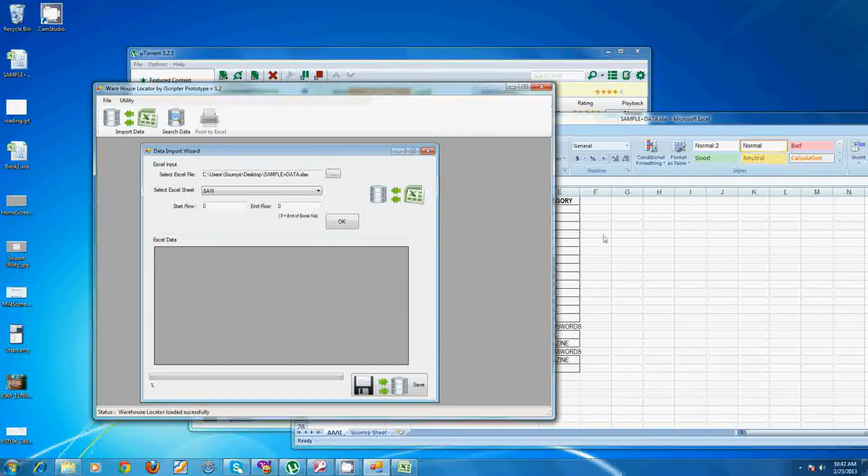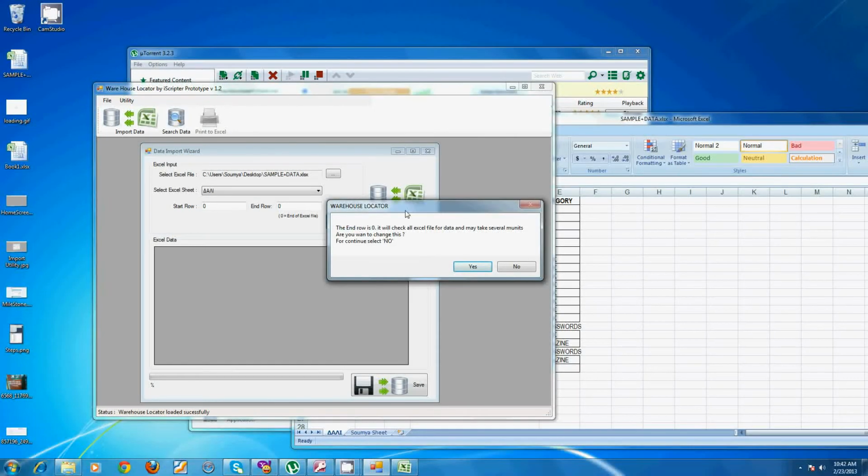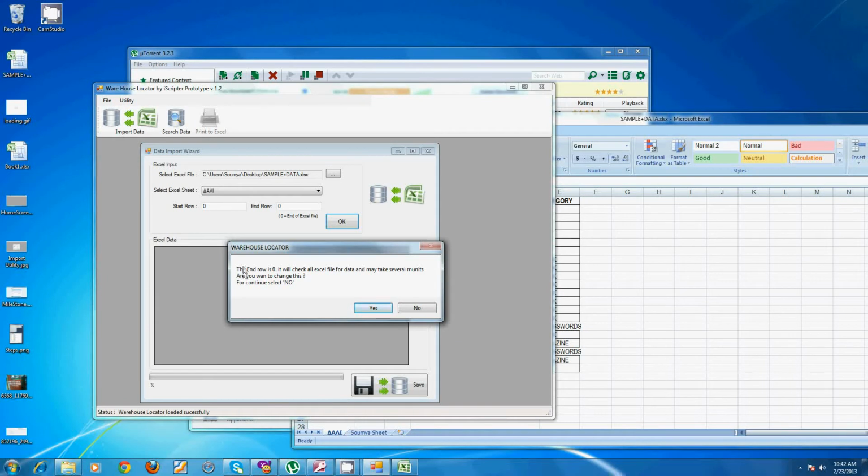Now look, the end row is 0, and it will check all Excel file data and may take several minutes. Do you want to continue this? If I choose no, it will not check all the Excel file, and that is not required. It may take a lot of time, resources and processes. So don't do this.